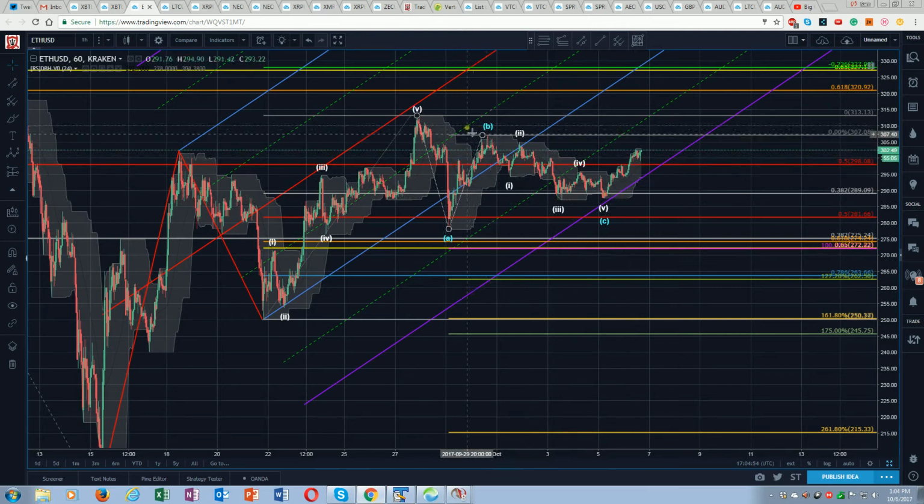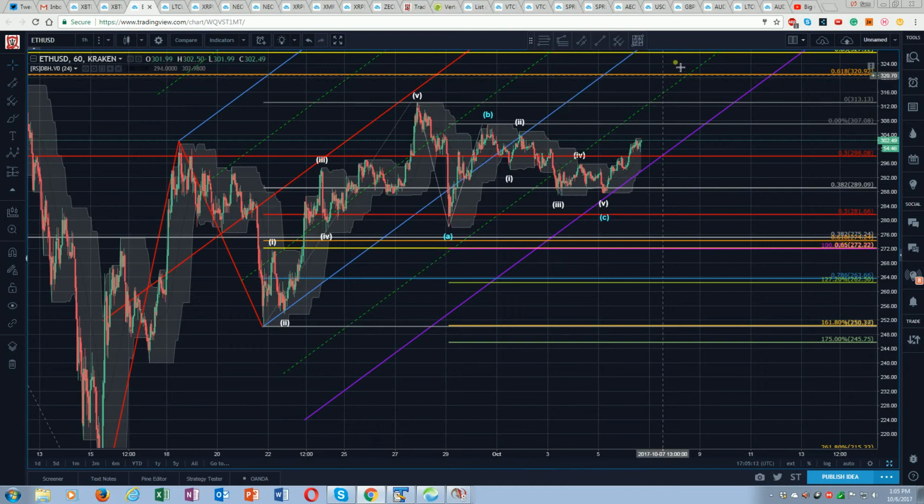So potentially you've got a one wave in here. This is a complex ABC finishing over here. We're at the 38.2 of this swing low to high. So this plays, but you want to see this. Now if this is a good pivot and we're expecting a push towards the highs, or at least